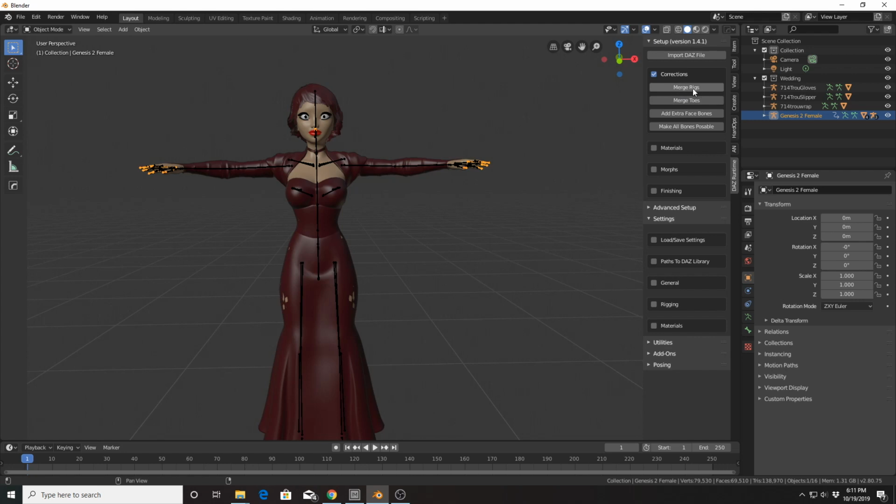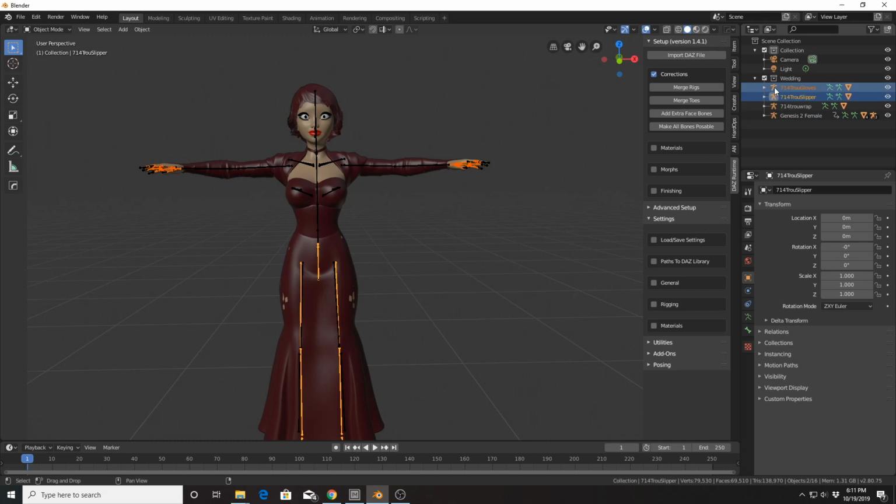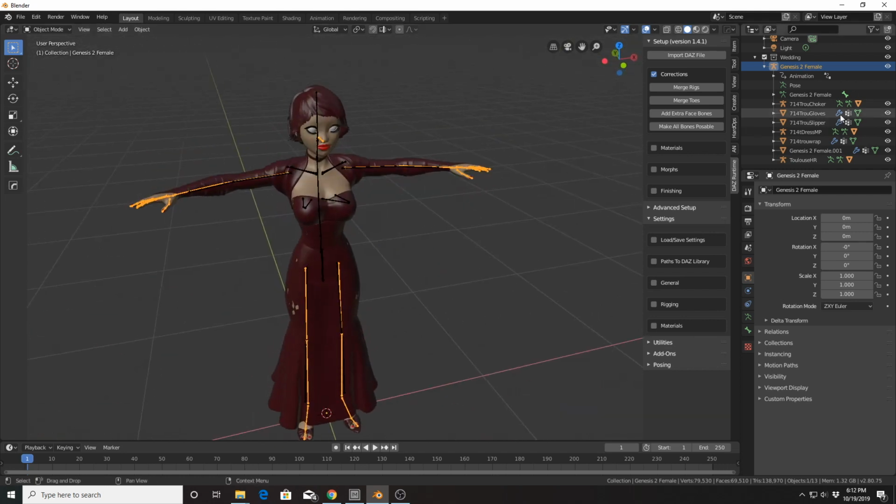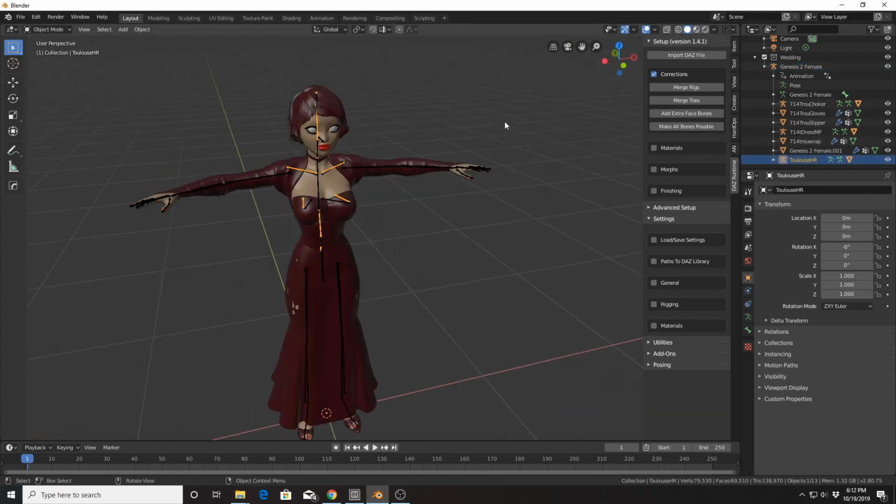I want to go ahead and do the merge rigs part. So you will want to first select all the other armatures, then select the one for the body. So I'm going to hold shift and select each one here, then select the one for the body, and then click on merge rigs. Now we see in our outliner that most of them went ahead and merged into one, but if we dig down deeper, there are a couple more objects that have their own rigs, like the hair.